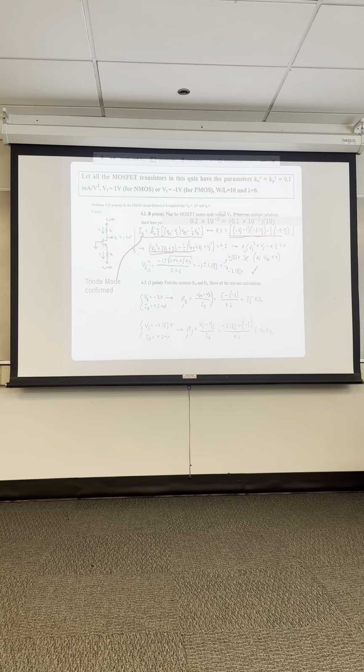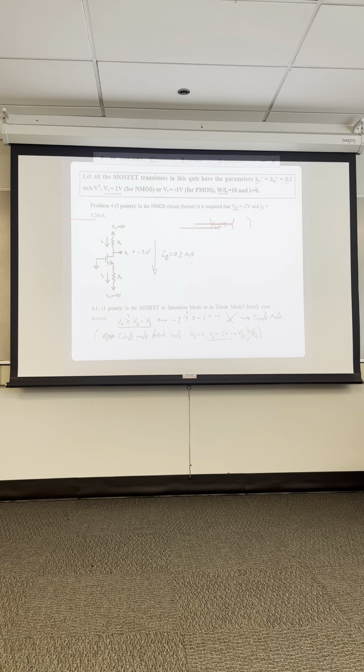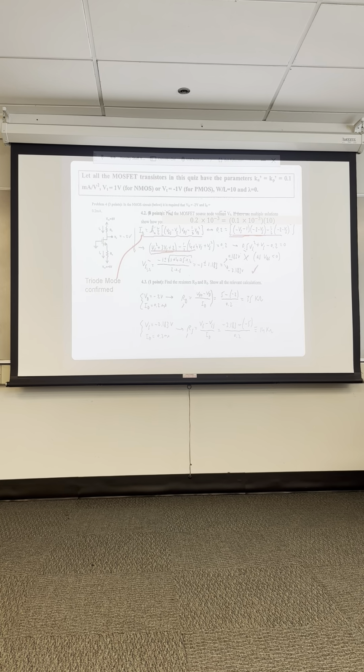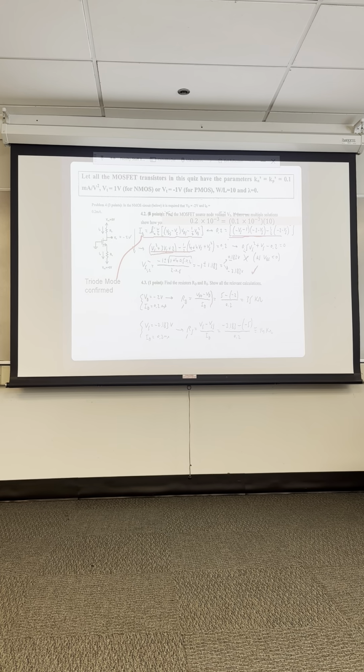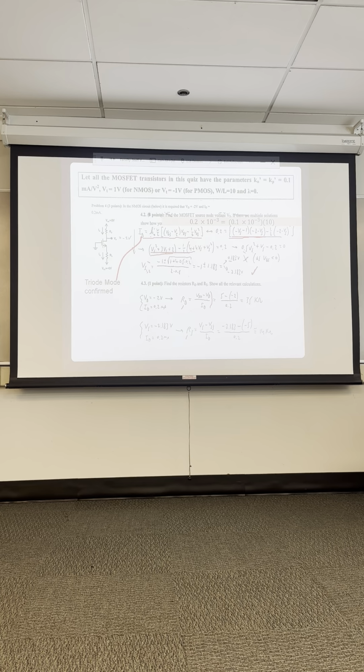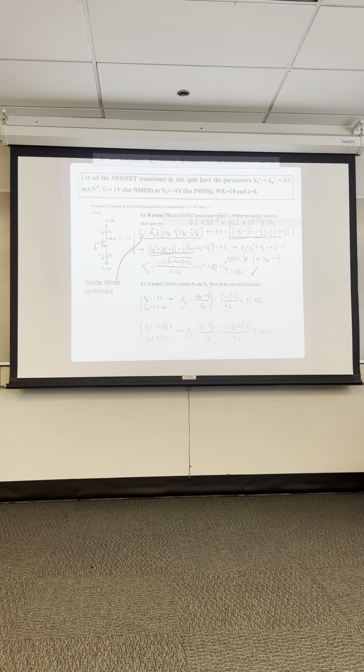So I definitely recommend you go through this problem and practice the quadratic equation part of it, and then practice the details and find out where any errors start to come up. Most of the errors in problems like this are dealing with this Kn prime W over L number here. And when the VDS is negative,